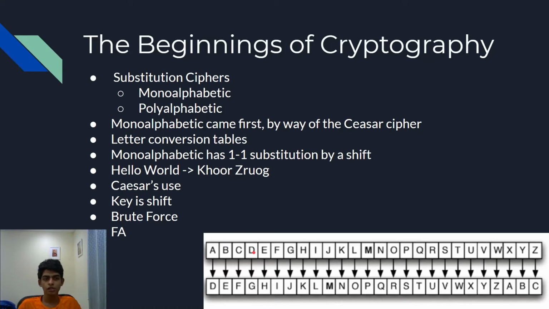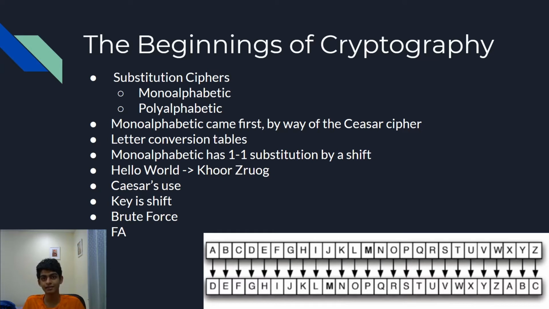Okay. So Caesar used this to hide battle plans and other information, and for his use, it worked out pretty well, but in the modern era, you can't really use substitution ciphers, especially not monoalphabetic ones, because, for example, with the Caesar cipher, you can brute force the key. There's only 26 possibilities, which is ridiculously small,